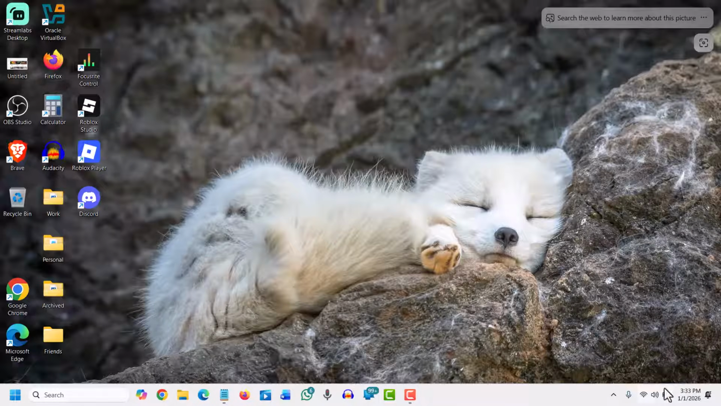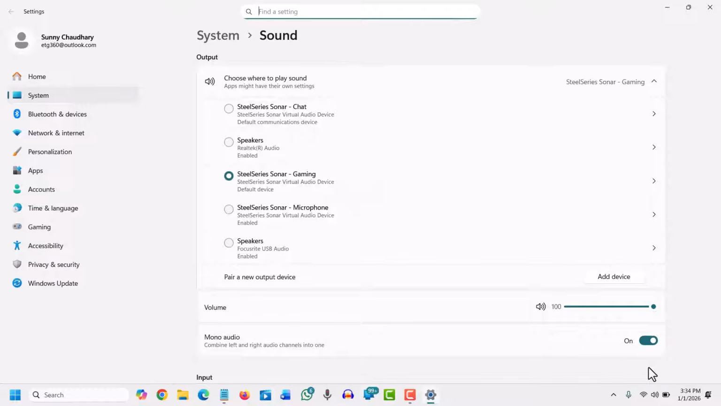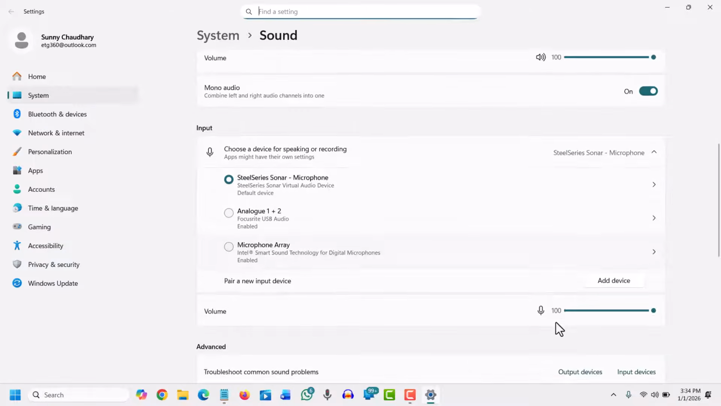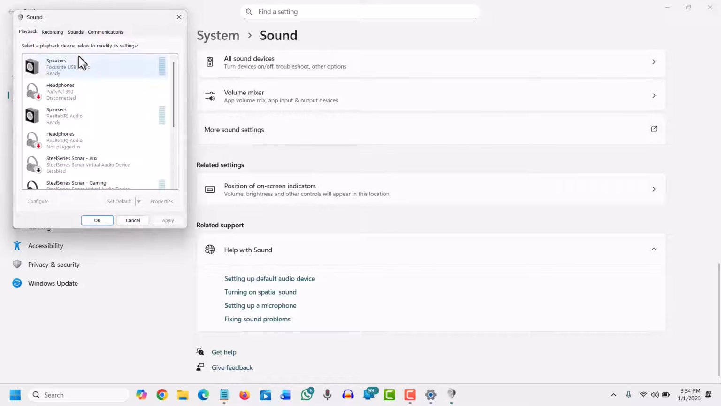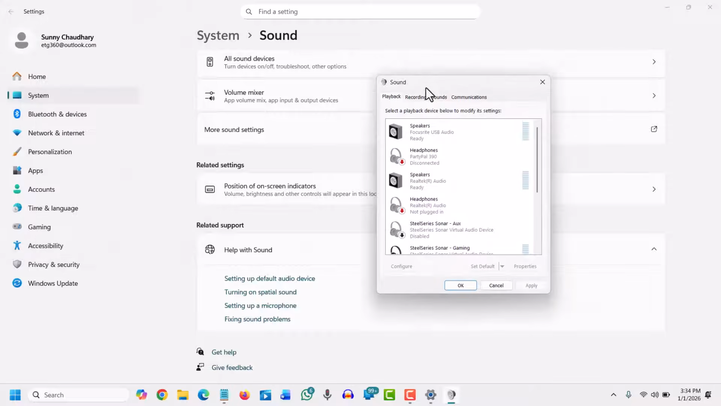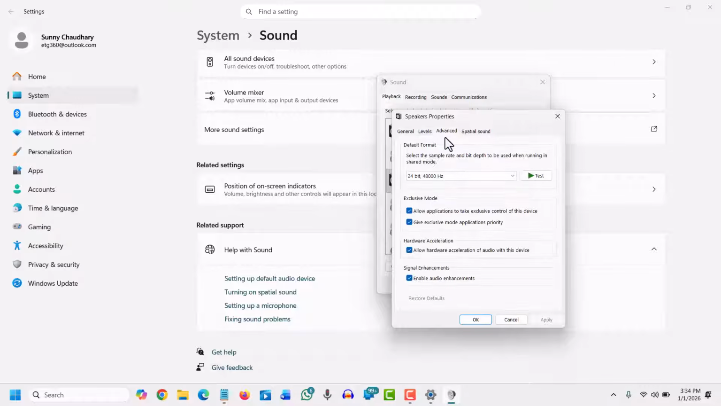So the very first thing, at the bottom right corner where you see the speakers icon, do a right click and then go to sound settings. And we need to scroll down more and go to more sound settings, and then in the playback section select your speaker, do a double click on that, go to the advanced tab and uncheck enable audio enhancement,